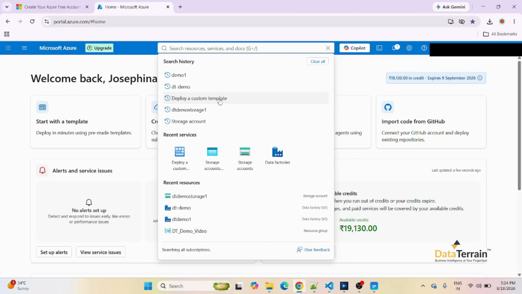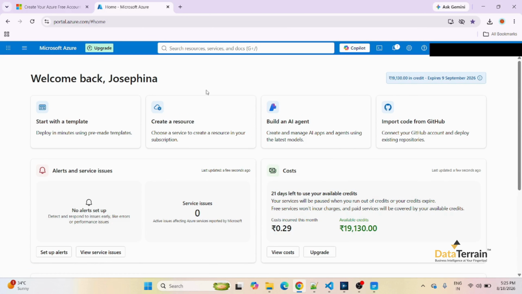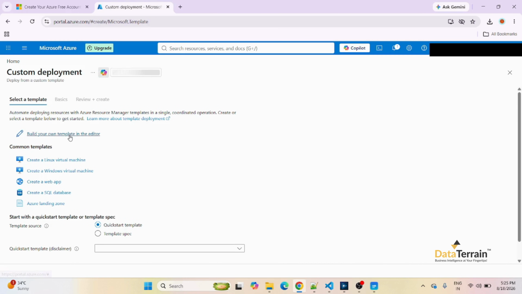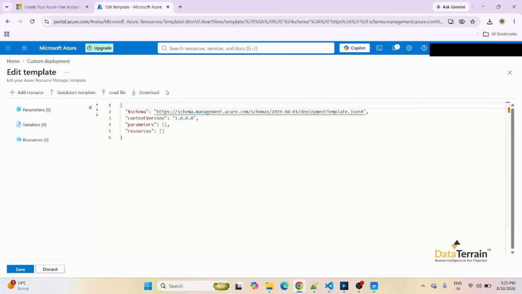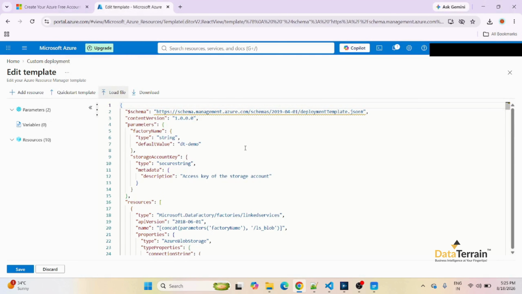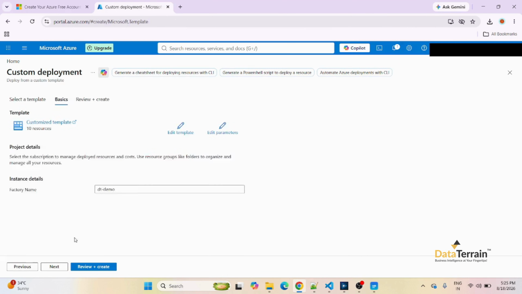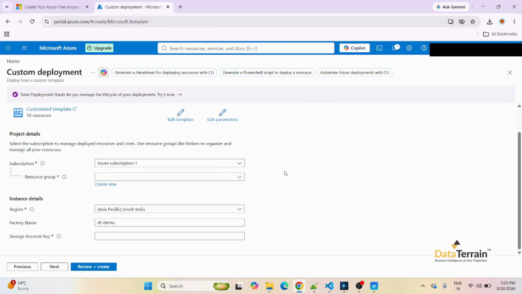We'll search deploy a custom template. We'll choose build your own template, then load the file and select the template that our automation tool generated. This single JSON file defines the entire data factory pipeline: the linked services, the data sets, the data flow, and the data pipeline. Let's select the resource group